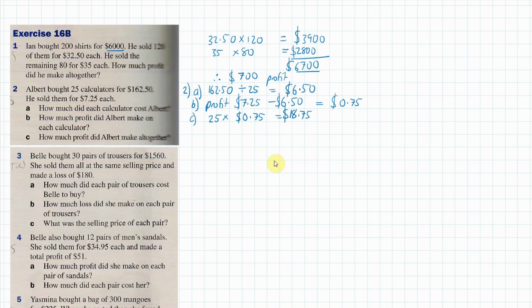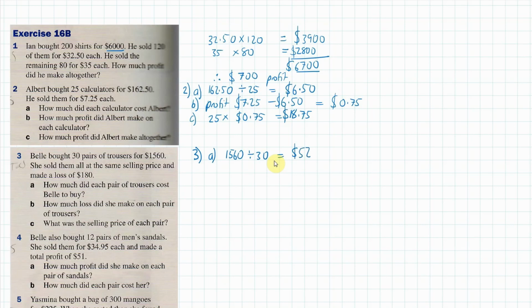Okay, moving on to number 3. Bella bought 30 pairs of trousers for $1,560. She sold them all at the same selling price and made a loss of $180. So how much did each pair of trousers cost Bella to buy? We're going to go 1,560 and divide that by the number of pairs of trousers that she bought. So when we divide by 30, we should get that each pair of trousers was